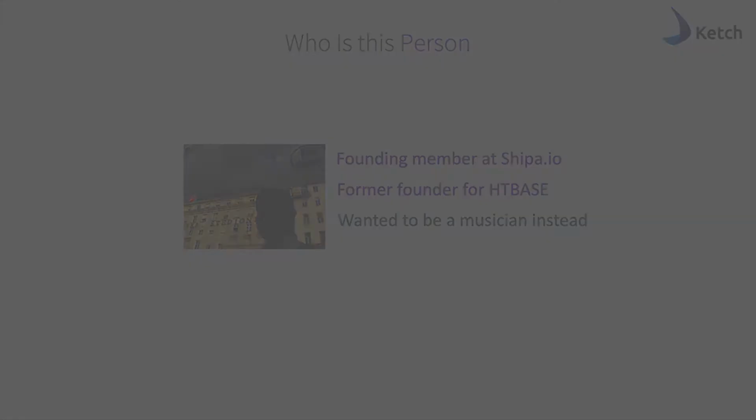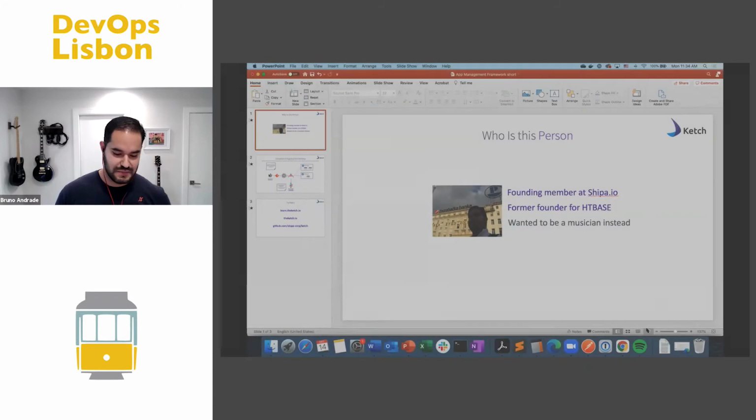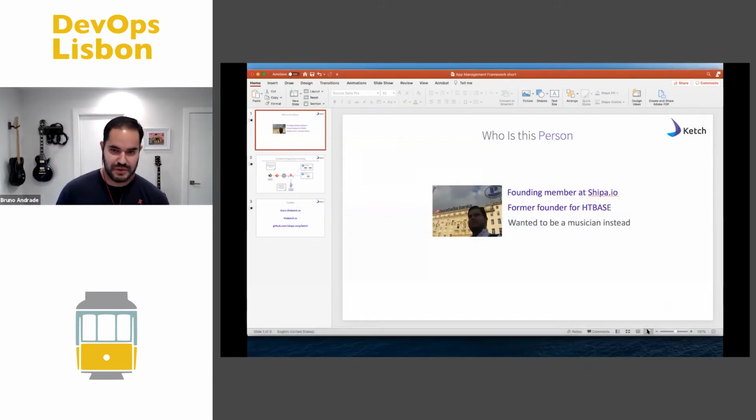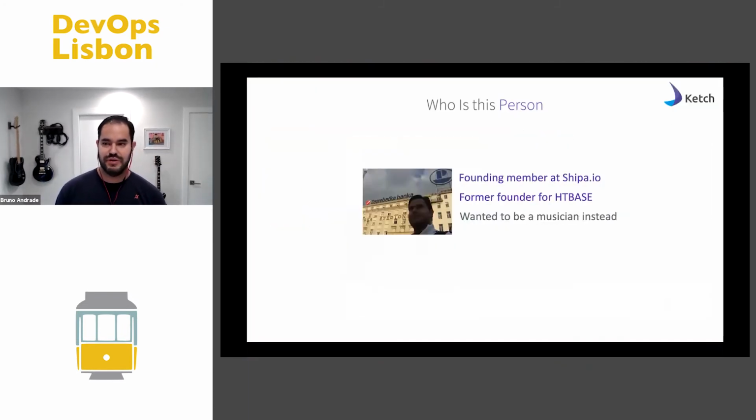Okay, so just a little bit of details about myself. I'm one of the founding members for a startup called Shipa, where we focus exactly on the application deployment when it comes to Kubernetes and the management of the app. And I had an opportunity before to also do another startup, more in the cloud infrastructure and automation space, which was then acquired by Juniper Networks.